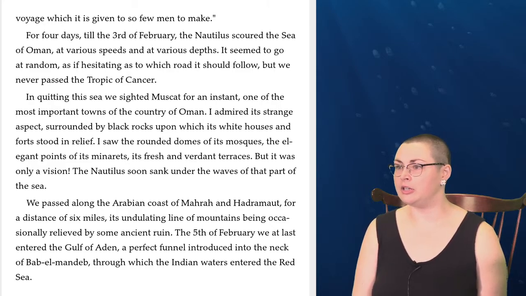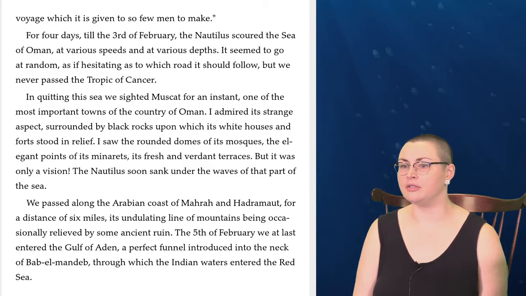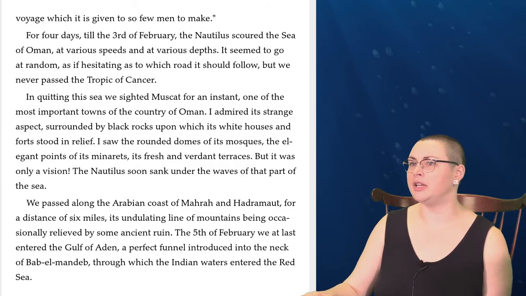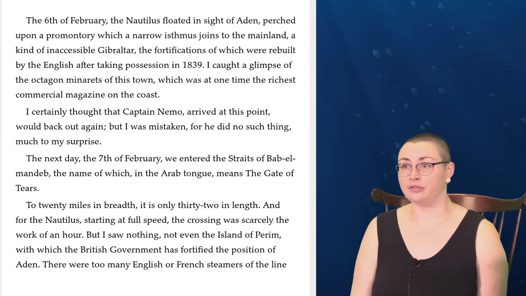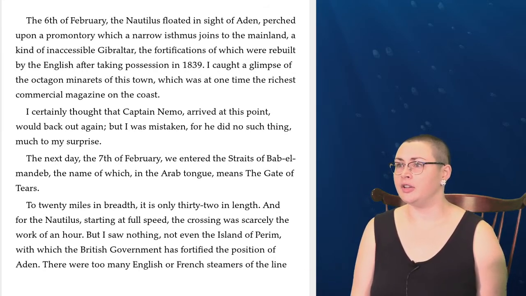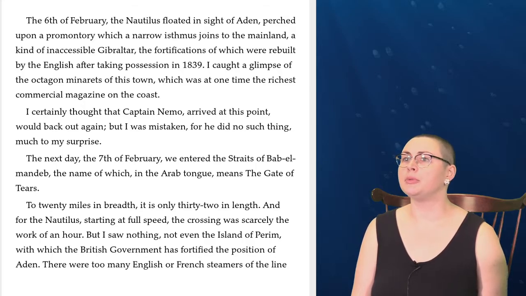The 5th of February, we at last entered the Gulf of Aden, a perfect funnel introduced into the neck of Bab el-Mandeb, through which the Indian waters entered the Red Sea. The 6th of February, the Nautilus floated in sight of Aden, perched upon a promontory